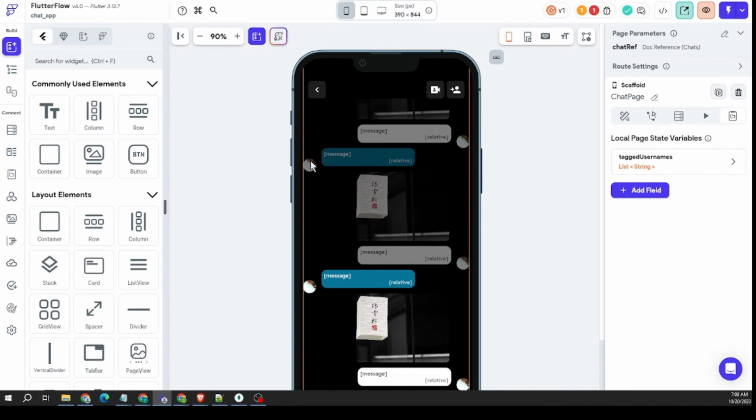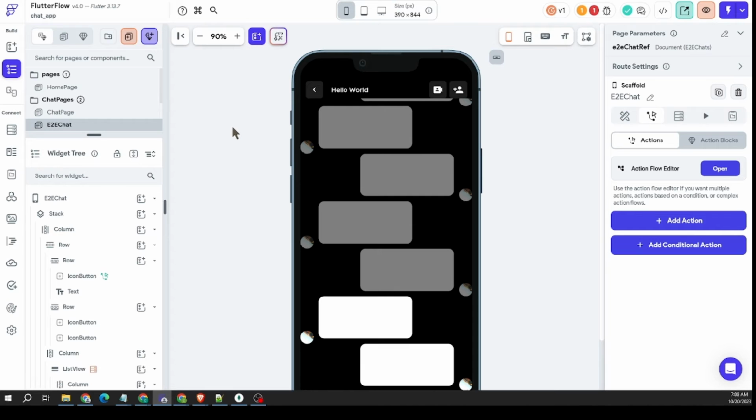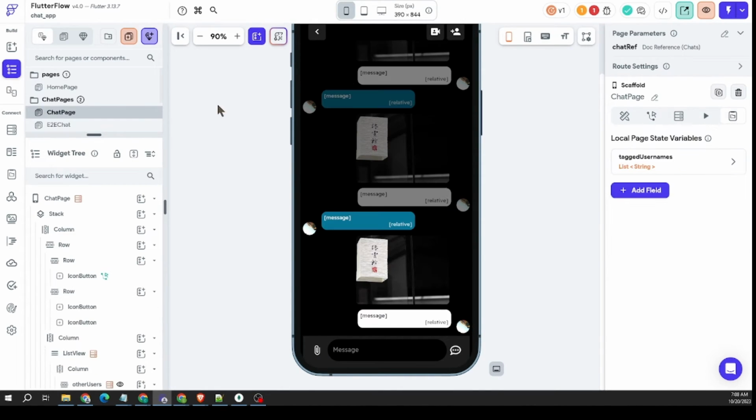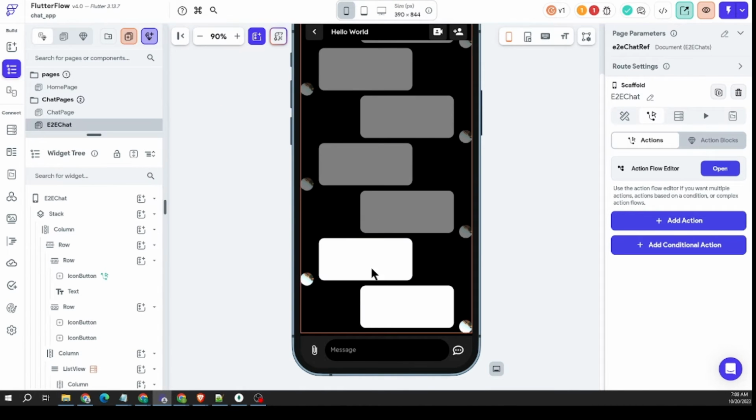All right, so we want to go to encryption chat, which I may not have done this. I can't remember if I did this, copied it, so it's pretty much identical. On one of the tutorials, I may have done this off camera. So if that's the case, it's just a copy of this one, but we're going to set it up for end-to-end encryption. So what I'm about to do is explain to you